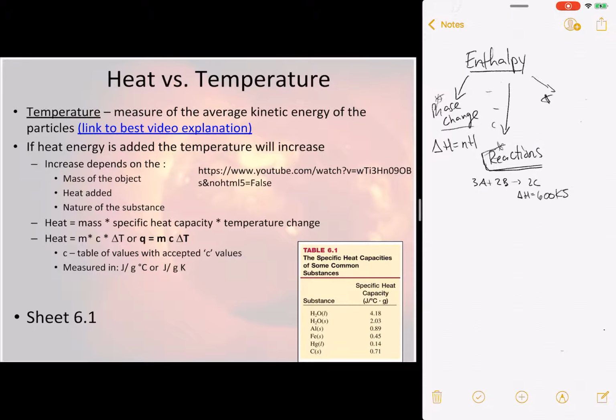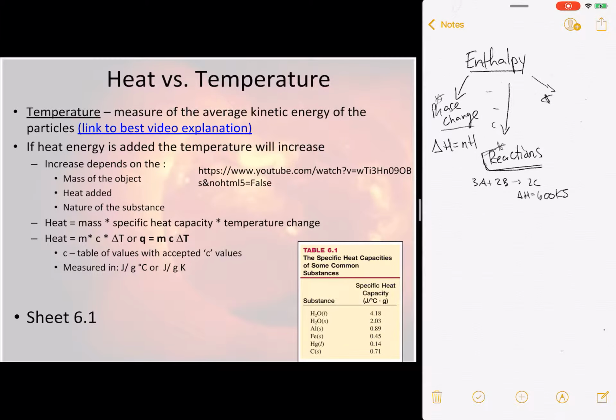And so the difference between heat and temperature can be summed up really nicely by this video link, and I'm going to put it in the description below. And it's a cartoon, it's really good, geared towards kids, but I still watch it and still love it every time. It's really cool. Watch the video, make sure you know the difference, and then from there we'll talk about heat energy adding to